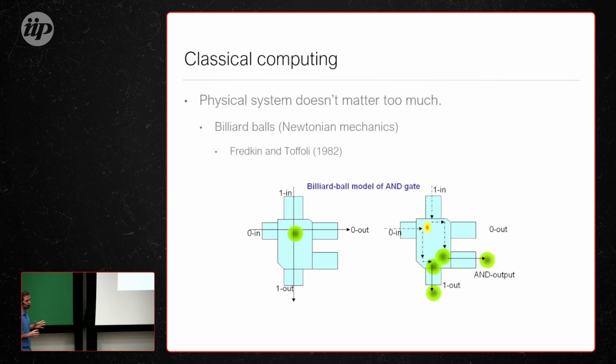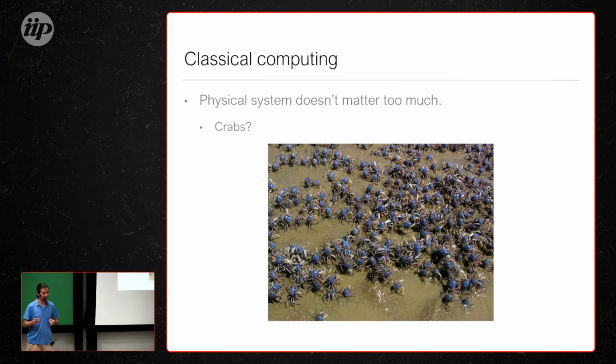So you can describe a set of logic gates that's based just on tiny balls colliding in these tunnels. Now, of course, this is theoretical, right? You wouldn't do this for practical reasons, but it's the same computational model that you can build out of this. And, which I find maybe a bit surprising, also with crabs, right? So hence the title of my talk.